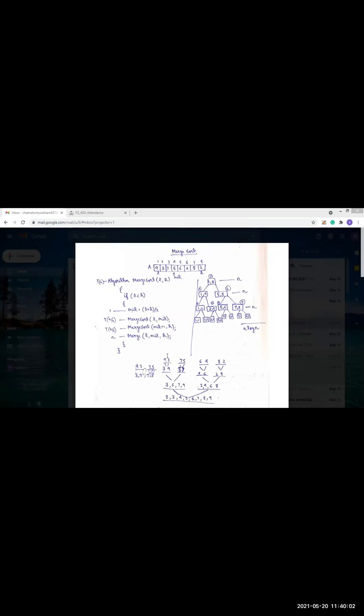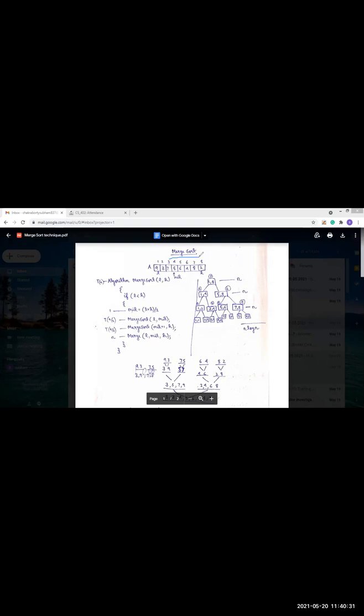Today we will see the topic. In the previous class, we saw one of the divide and conquer techniques, that is binary search. Today we'll see another algorithm which follows the divide and conquer approach, that is merge sort. So merge sort follows the divide and conquer approach, and the divide and conquer approach